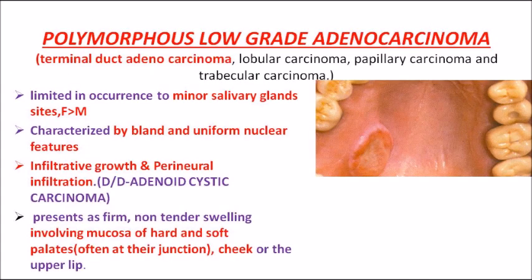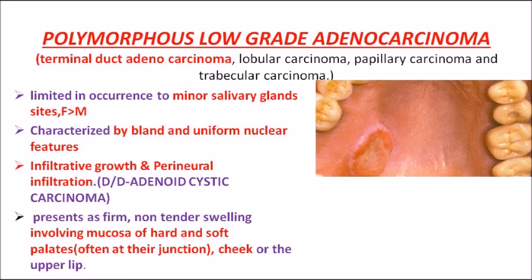Now, coming to the last variety of malignant salivary gland tumor we are learning, that is polymorphous low-grade adenocarcinoma, or PLGA. This is very important because the location is limited to minor salivary glands, especially in the palate. The picture I have shown is the lesion in the palate. So remember the point, polymorphous low-grade adenocarcinoma, or they can simply give us PLGA in options, is limited to minor salivary glands only. Most of the time the affected location is the hard palate.